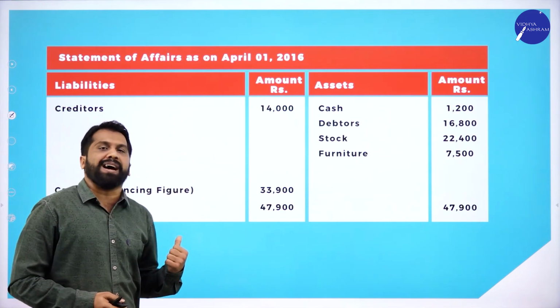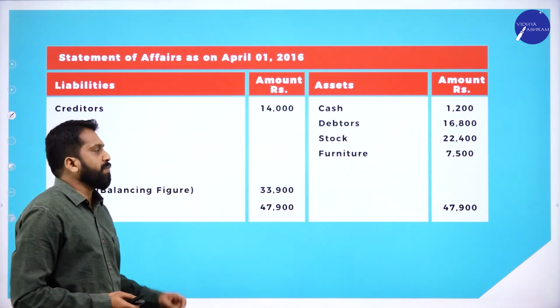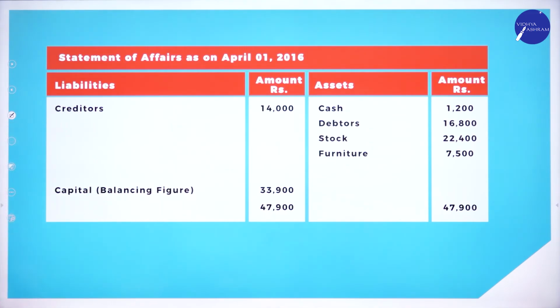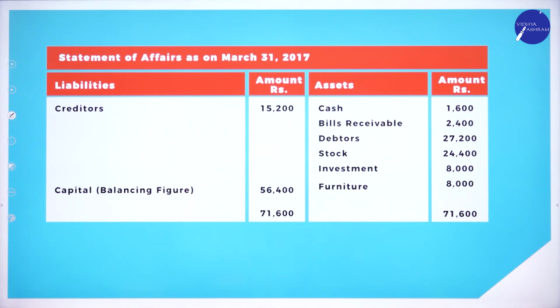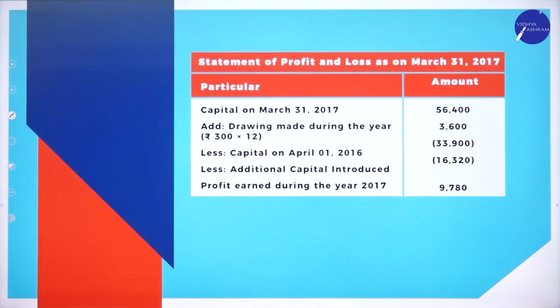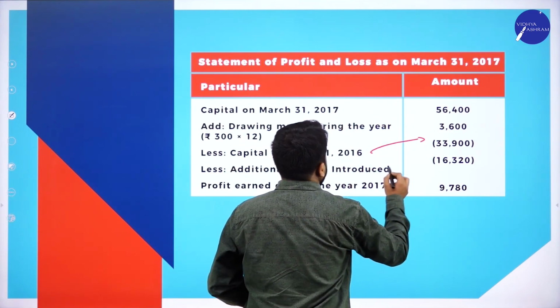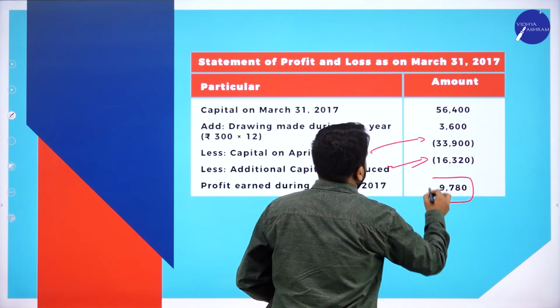This will be your balance sheet or statement of affairs for 2016. Please take a screenshot of this. And this will be your statement of affairs for 2017. And this one, statement of profit and loss account for March 31st, 2017. In this, remember, this is nothing but your capital and this is your additional capital. This is your final answer,